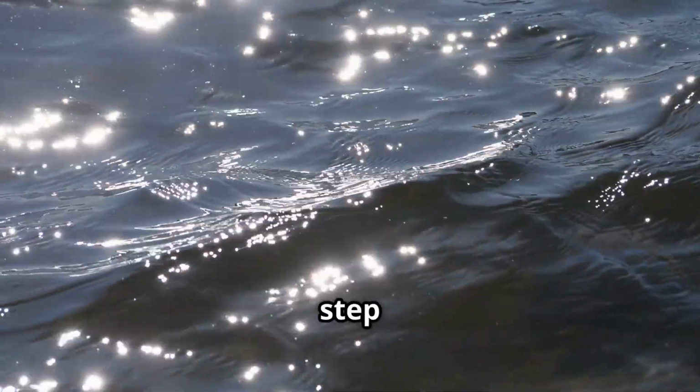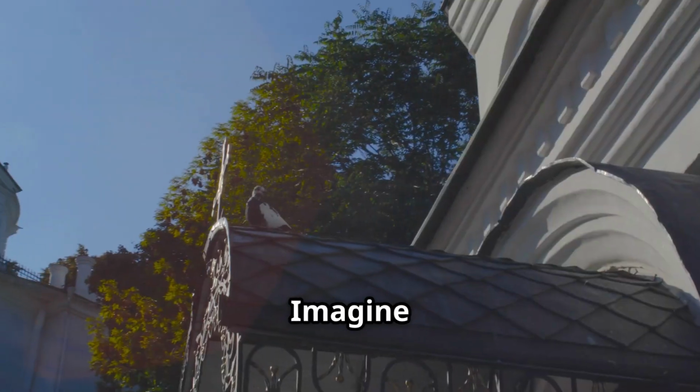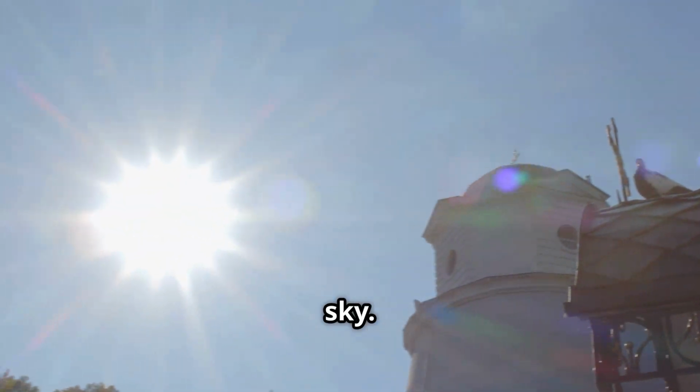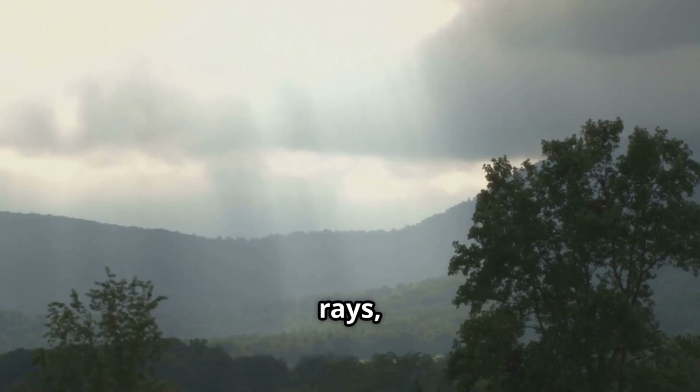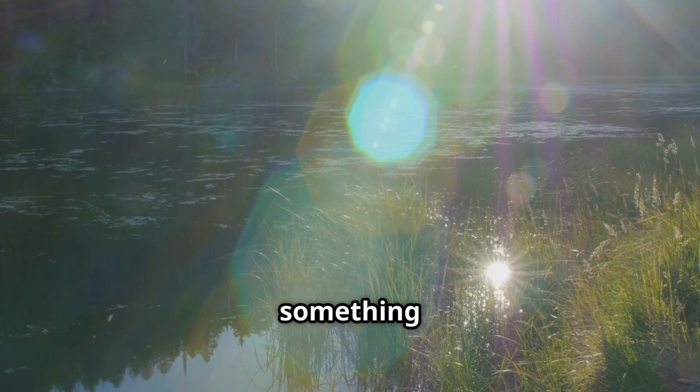So what is the first step in this grand water adventure? It is called evaporation. Imagine the sun, our very own star, shining brightly in the sky. The sun sends down its warm rays like a gentle hug for the earth. When this warmth touches the water in puddles or in big lakes, or even in the vast oceans, something amazing